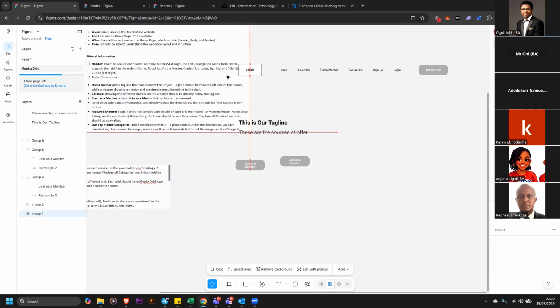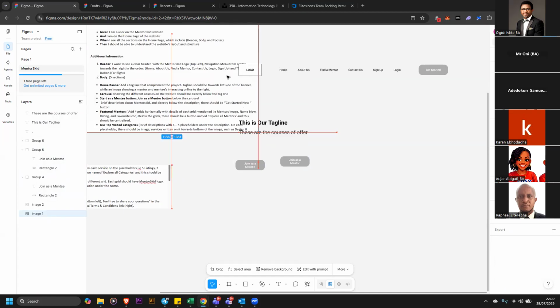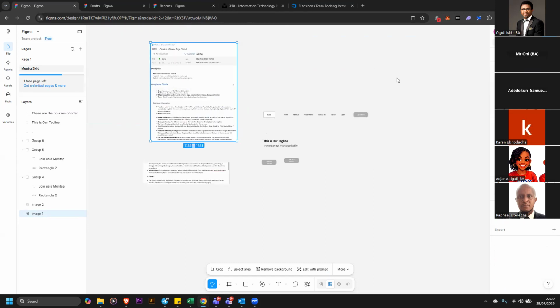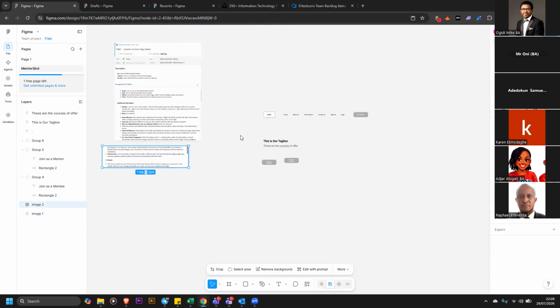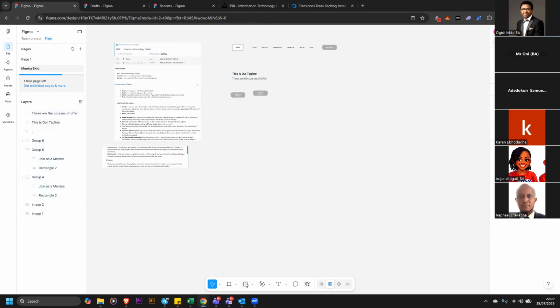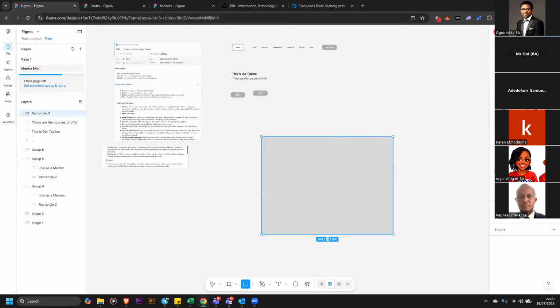Going to the side. So what else is there on that page? Below, featured mentor. So, okay. So now that we've created all this, let's put it together a little bit. So these are all the items for the header and the banner section, right? So if we're creating a mock-up page, if we draw a square like this,